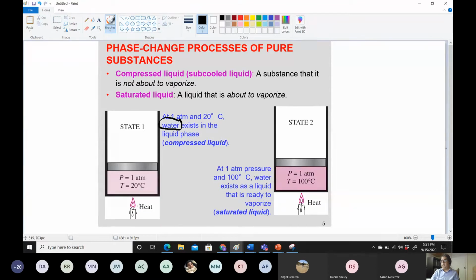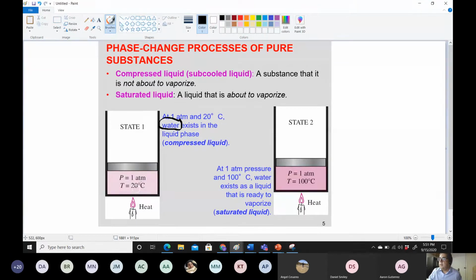And we have a candle here. We have a sealed piston, nothing can escape out of the sides. We have a temperature here of 20 degrees at 1 atmosphere. So at 20 degrees C and 1 atmosphere, we know that water is liquid, right? So this is